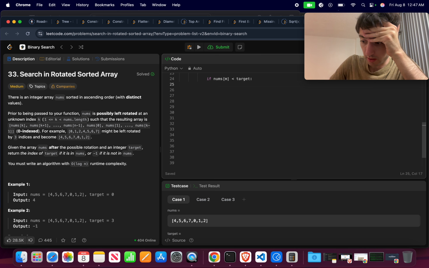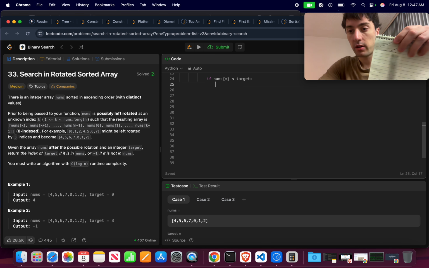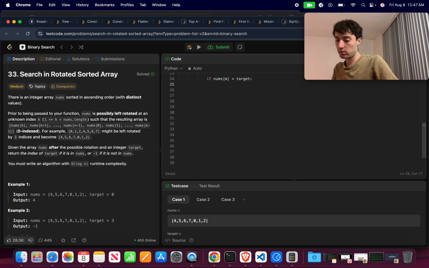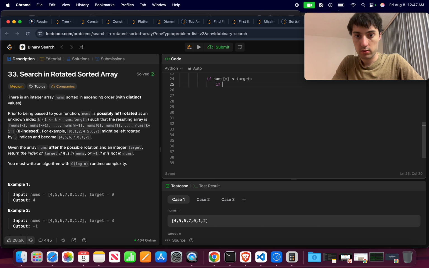So my target is higher. So if the pivot occurs in the first part, or sorry, so I can throw away all of, so if my pivot occurs in this region, right, I can throw away all of that region because all of this region is smaller. Okay, so if nums of m is